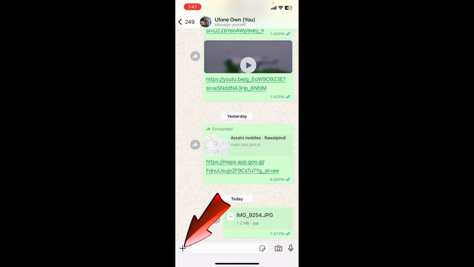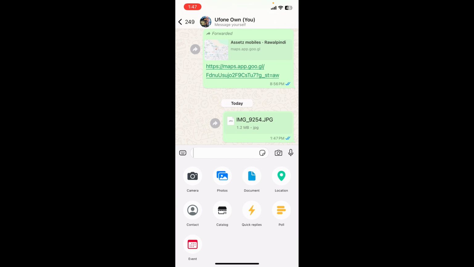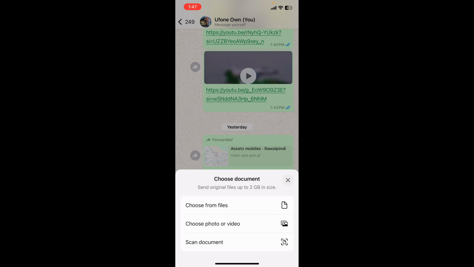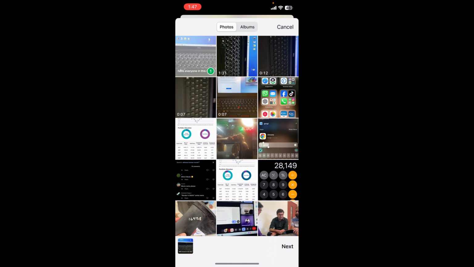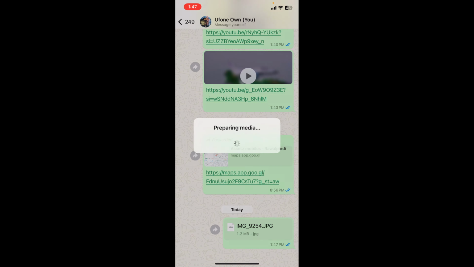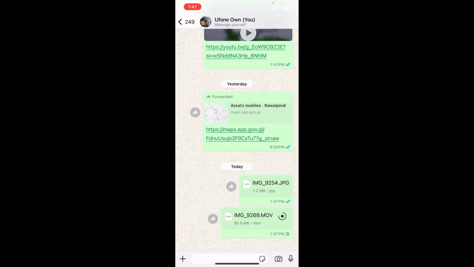Now I am going to select a video. Simply click on the plus button and then click on the document option again, and you have to select the choose photo or video option, and here you have to select the video, and then you have to click on the next button. Your file will be shared on WhatsApp as a document